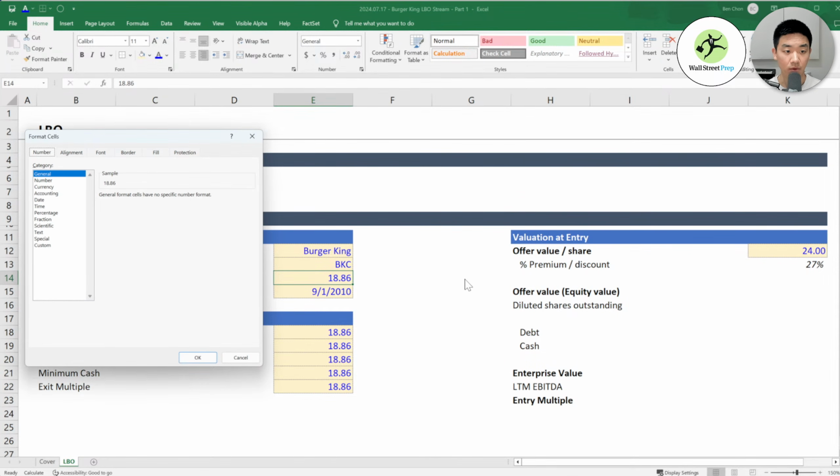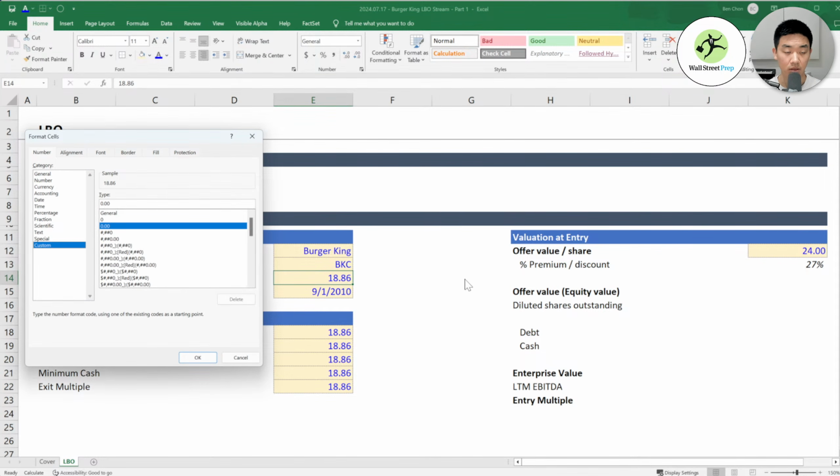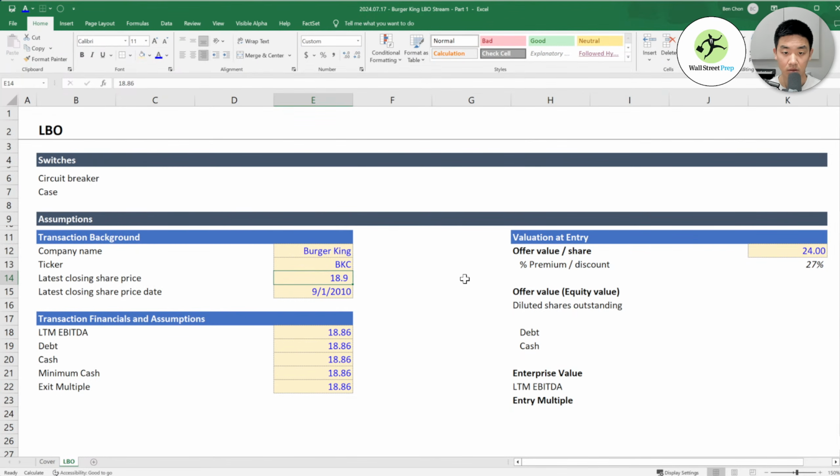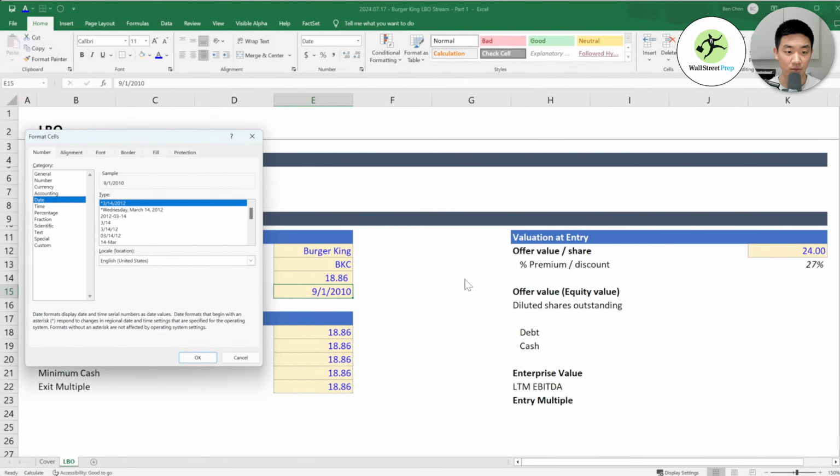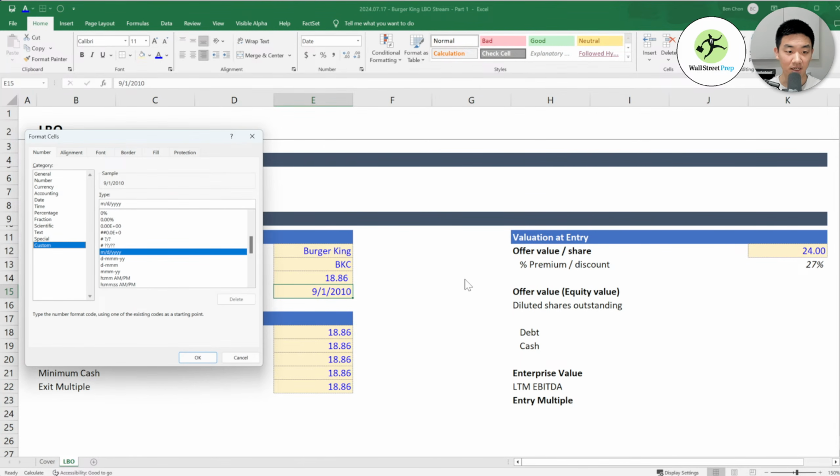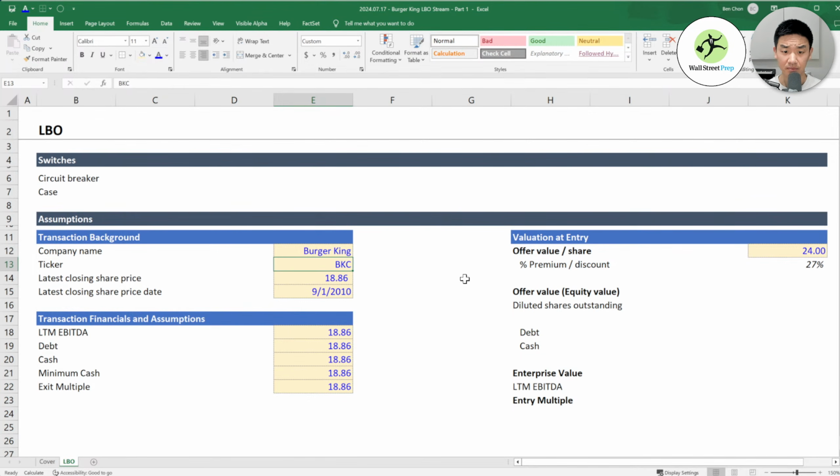Let me change the formatting a little bit. Okay, this is very OCD of me, but I just want there to be an extra space a little bit here, because all the numbers, when I'm formatting, I usually do it that way.